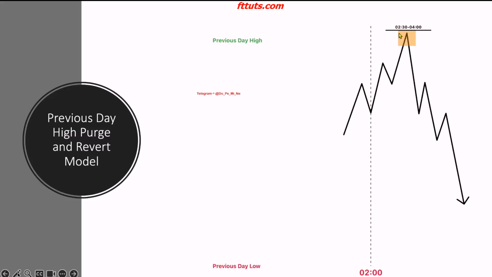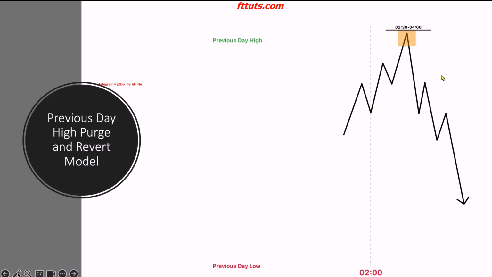When the previous day high gets traded above, we will be looking for signs to confirm a smart money reversal during 2:30 to 4. During this time window, we want to see a high form above the previous day high, and we want to see a change in the state of delivery occur on the lower time frames. From there on, we want to see displacement lower occur, which confirms that sell side delivery is likely to be